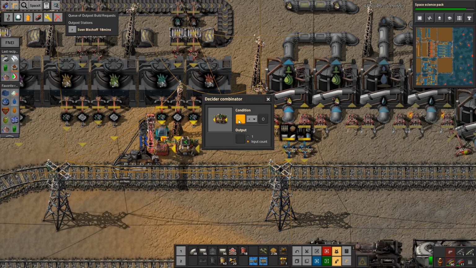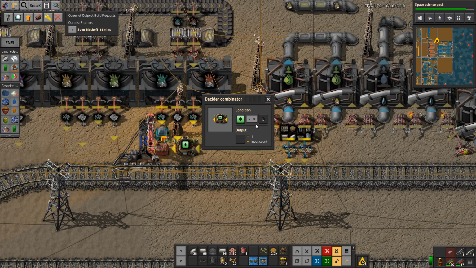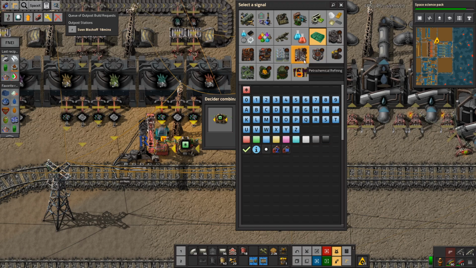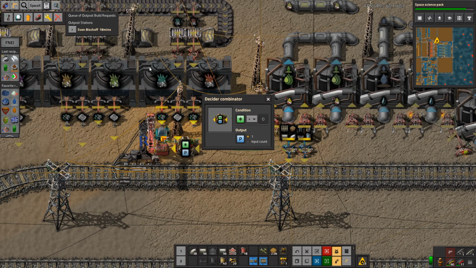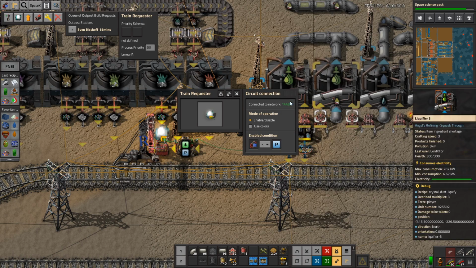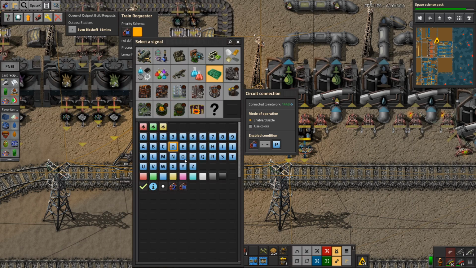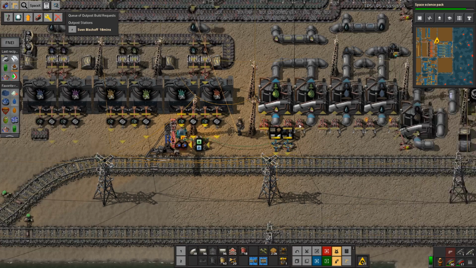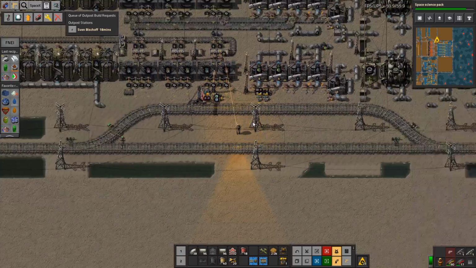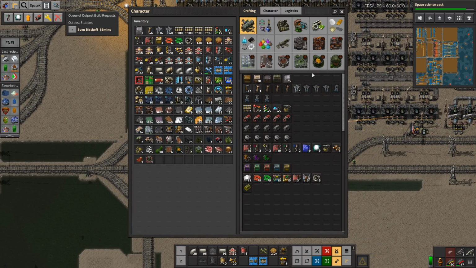So this condition is basically if anything is greater than 0, call a train. And this is if trains on the way is less than that call condition, then send the pick up anything train to clear it out. I've got the stuff from there I wanted. I don't have a